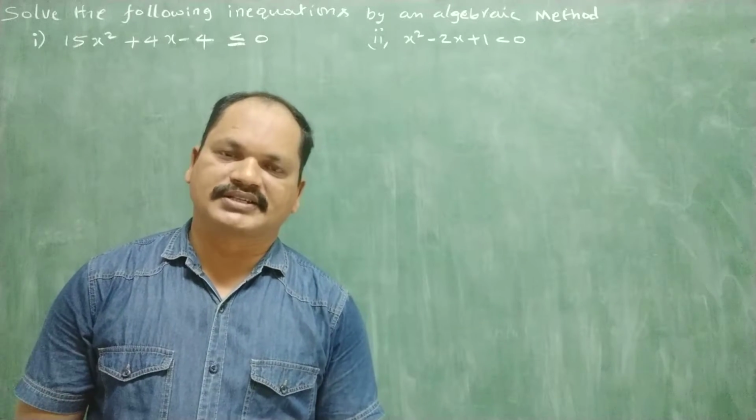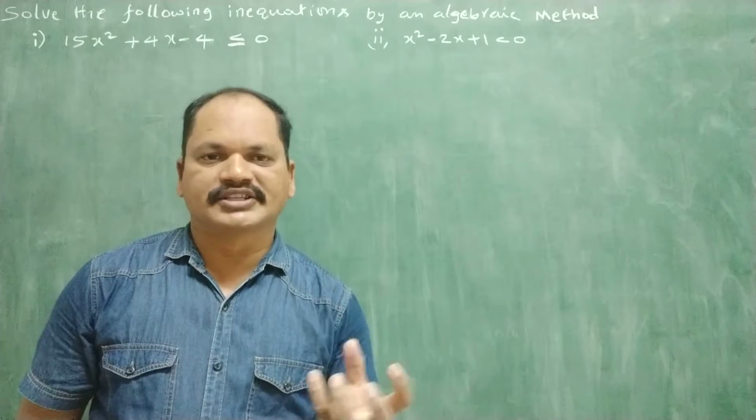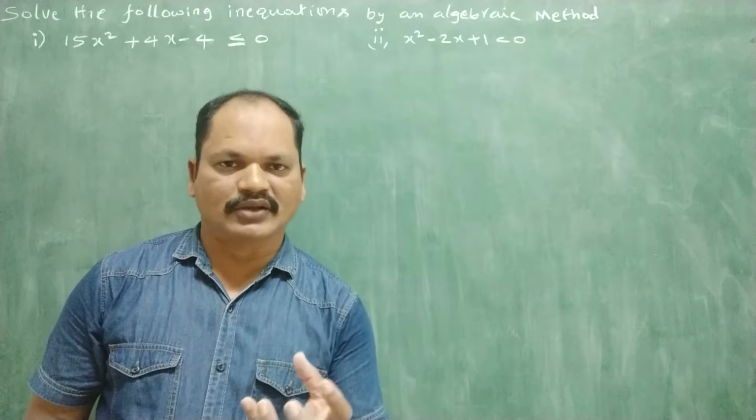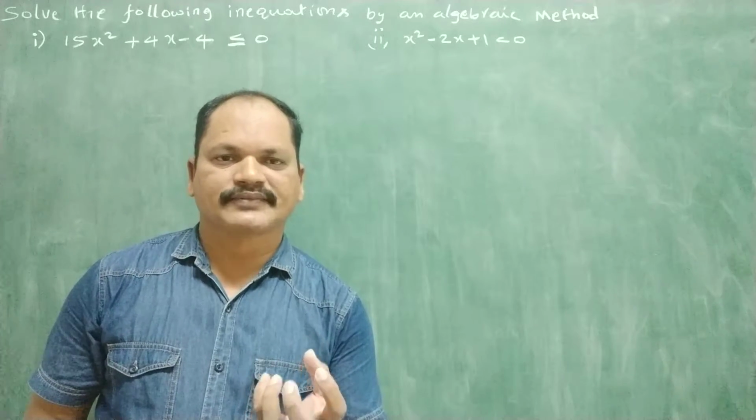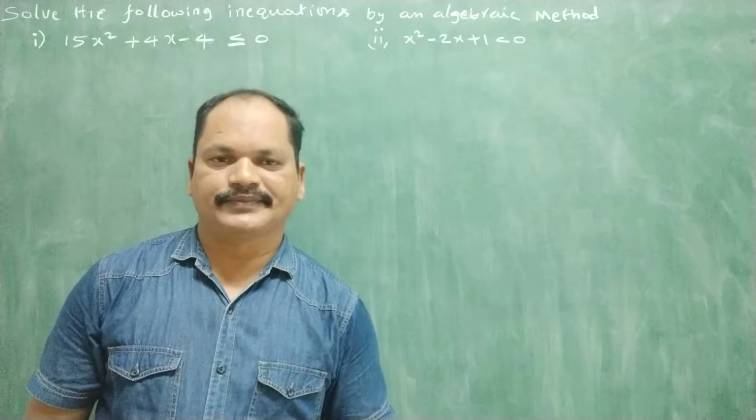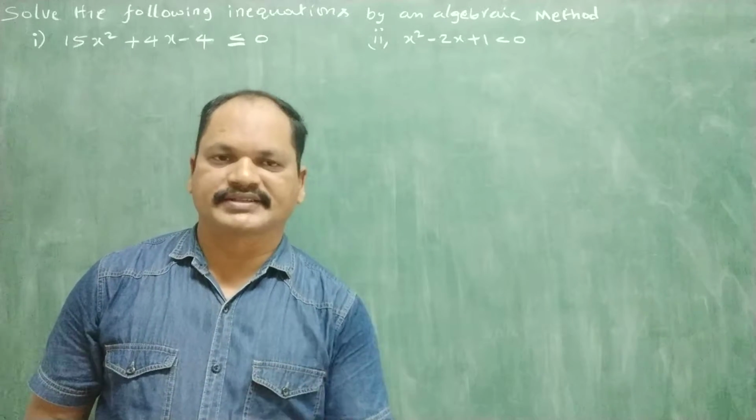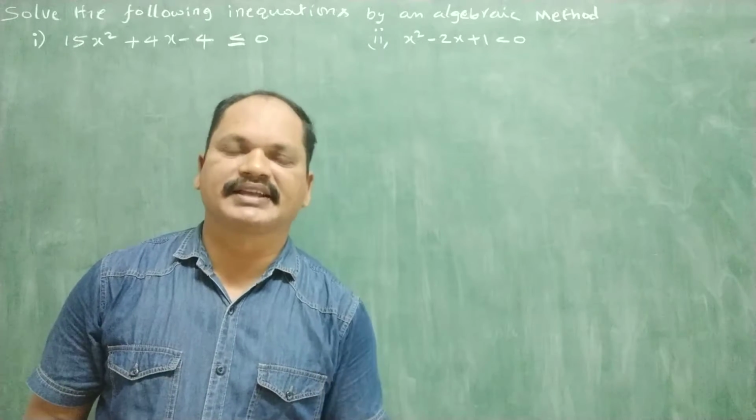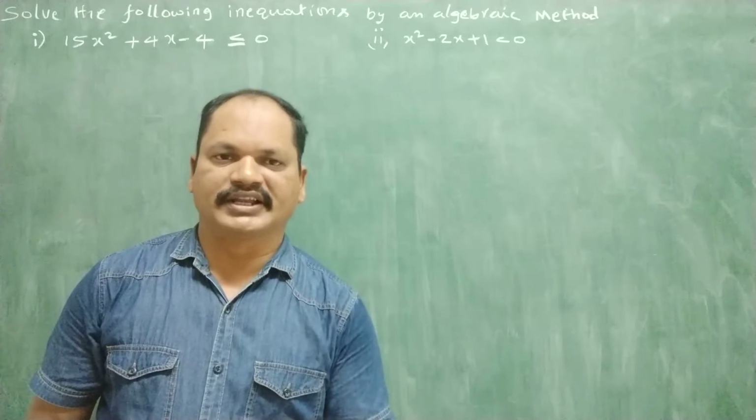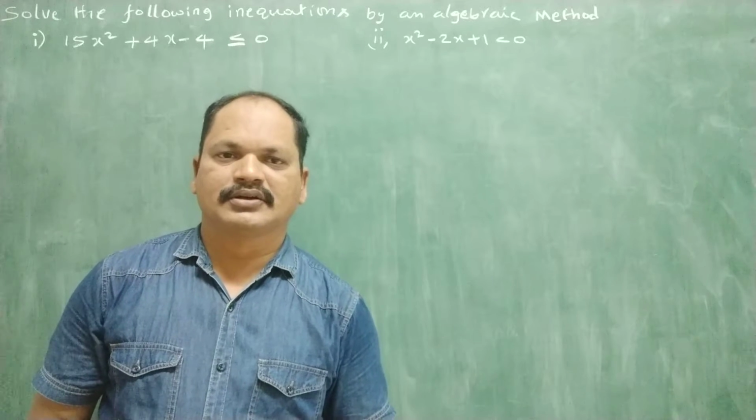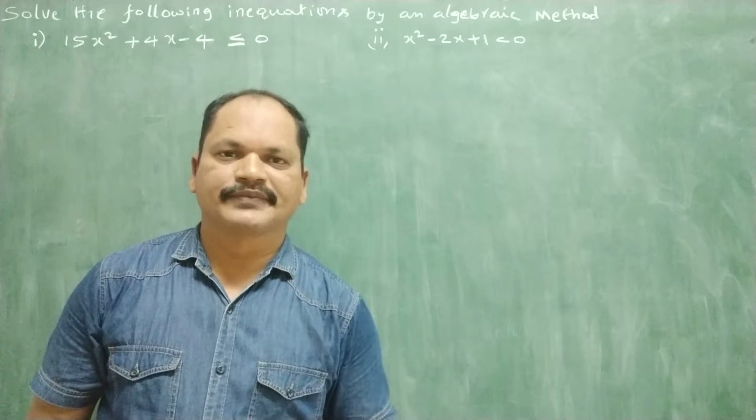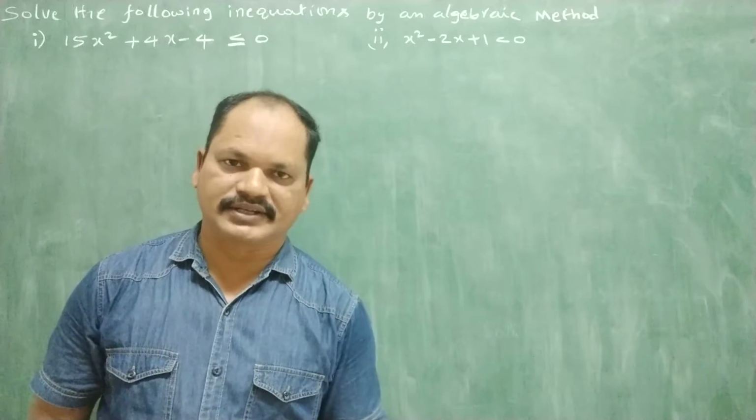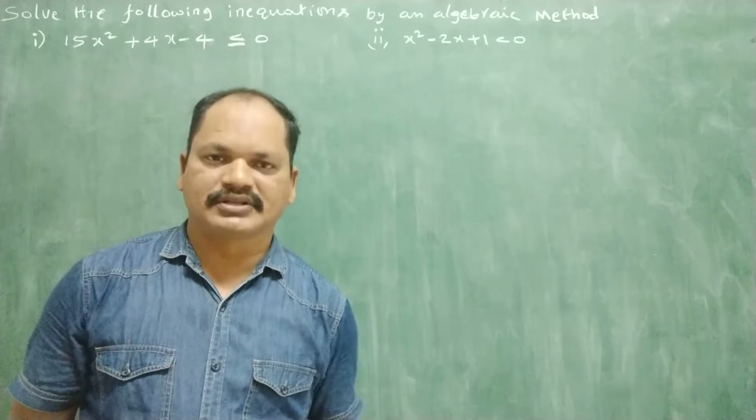Algebraic method means what? In algebraic way, we have to find the values of x. We have to solve the equation. Means what? We have to find the values of x. For inequation, bounds of x. For equation, exactly x values are there. For quadratic equation, exactly 2 roots are there, if the roots exist. For inequations, bounds, intervals are there. That's why you have to find intervals. Now for the first question,